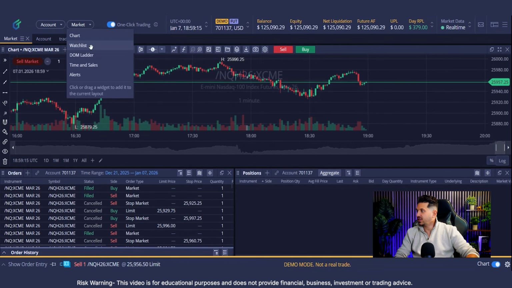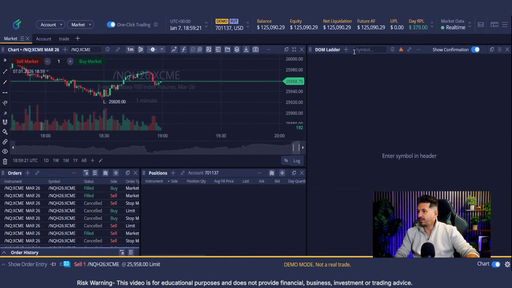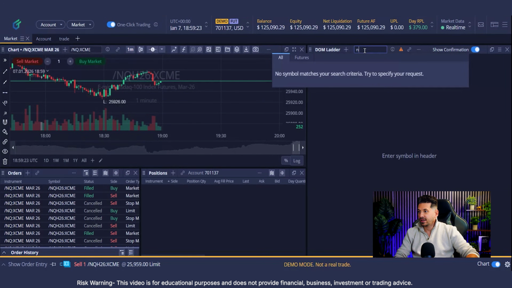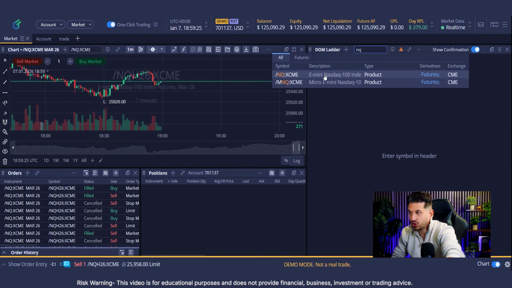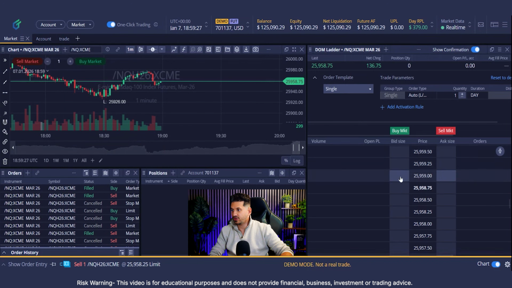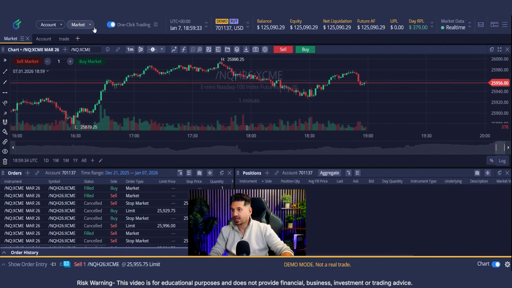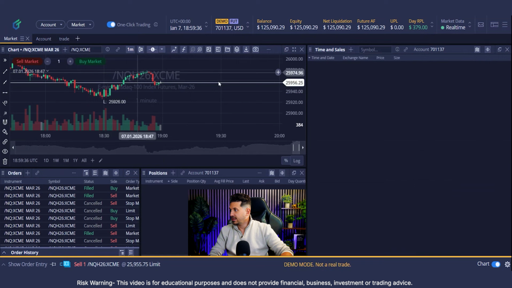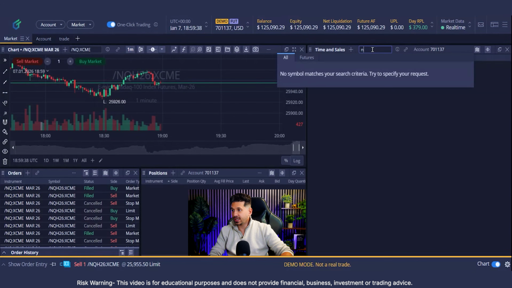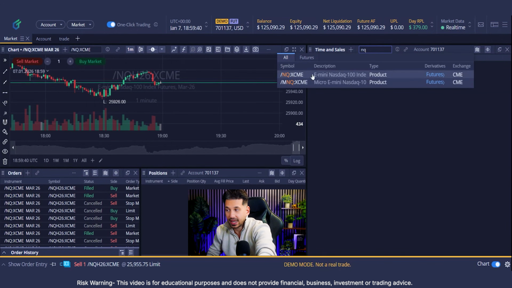You've got the market, you can look at different charts, watch list, the depth of market ladder, the time and sales. So say we want to look at the depth of market, we can click on it, add the symbol NQ, if that's the symbol you're trading. We can now see the depth of market, but this does require level 2 subscription. Same thing with the time and sales, just click on it, use the symbol NQ,